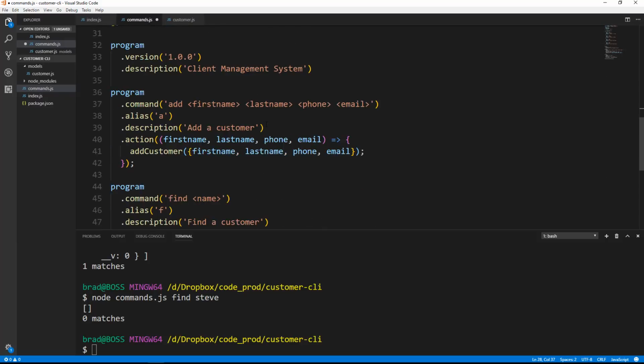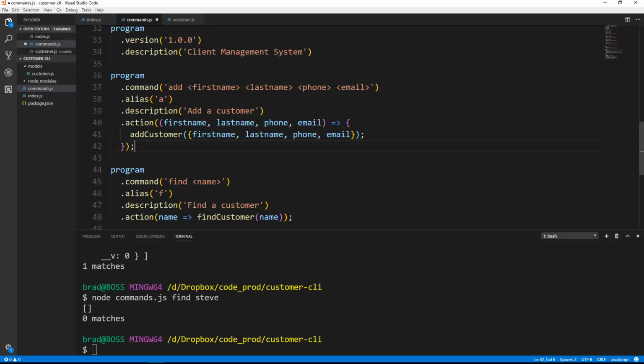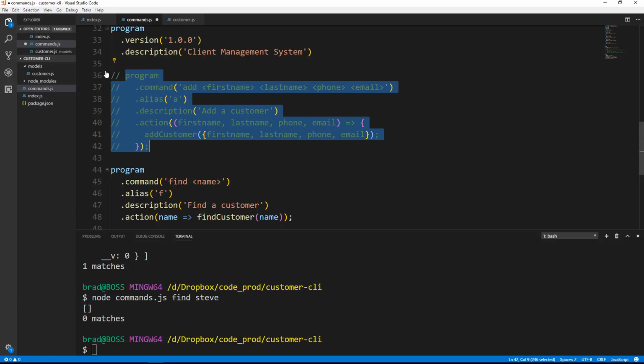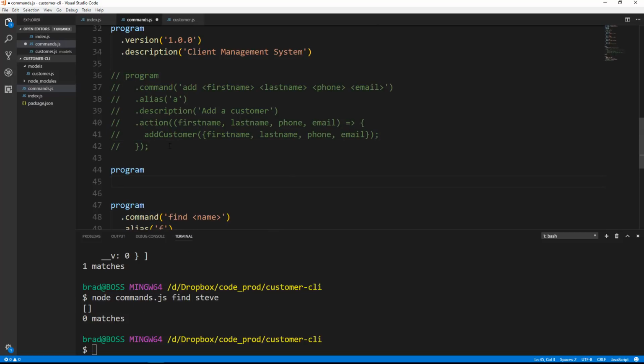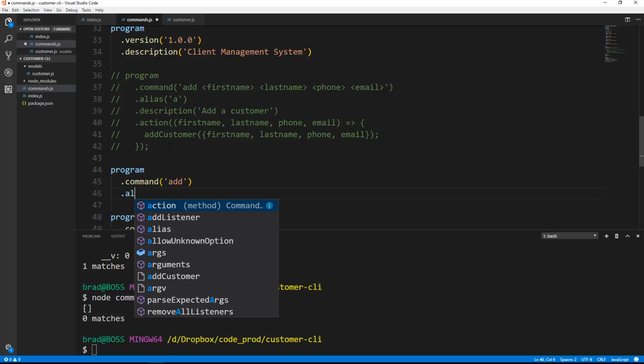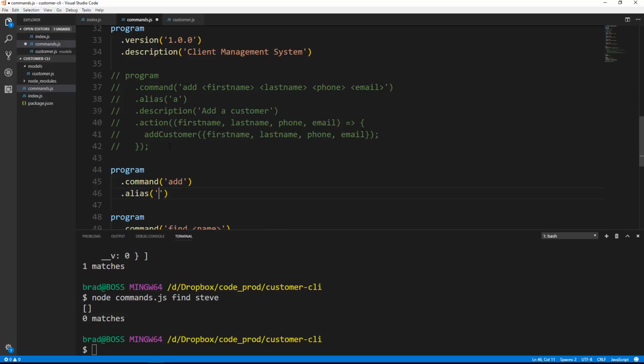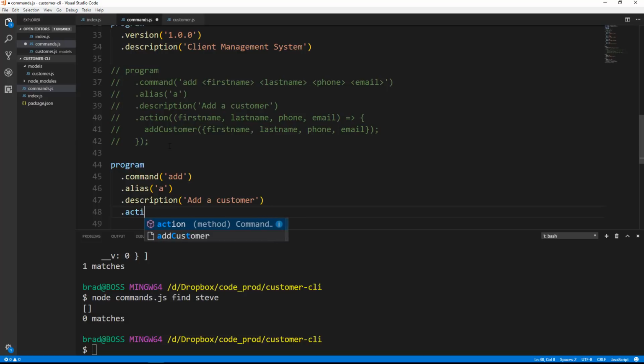Now what we can do is go to our add command, and what I'll do is comment this out just so you guys have it, and then put the new one in under it. So program command. Now instead of add and then all that stuff, it's just going to be add. All right, and we'll put our alias, which will be A. We'll put our description, which will be add a customer, and then for action,